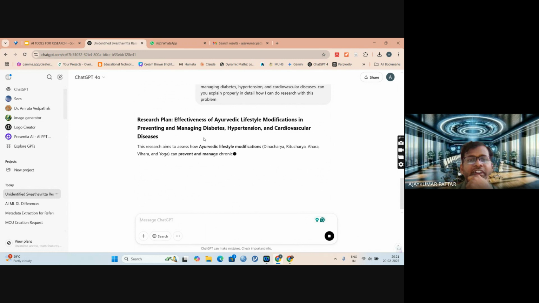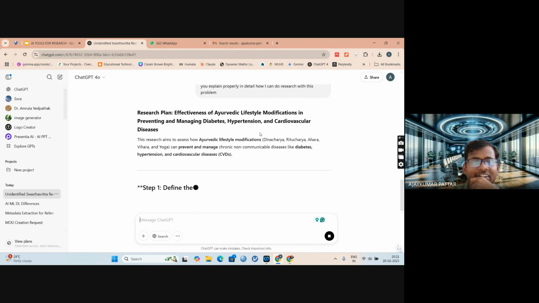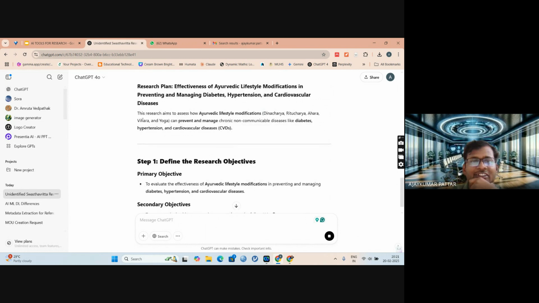See, effectiveness of Ayurveda lifestyle modification in preventing and managing diabetes, hypertension, and cardiovascular diseases. You can take any one disease, only diabetes or hypertension or cardiovascular disease. So it will give a general idea. This research aims to study how Ayurveda lifestyle modifications can prevent and manage chronic non-communicable diseases like diabetes.